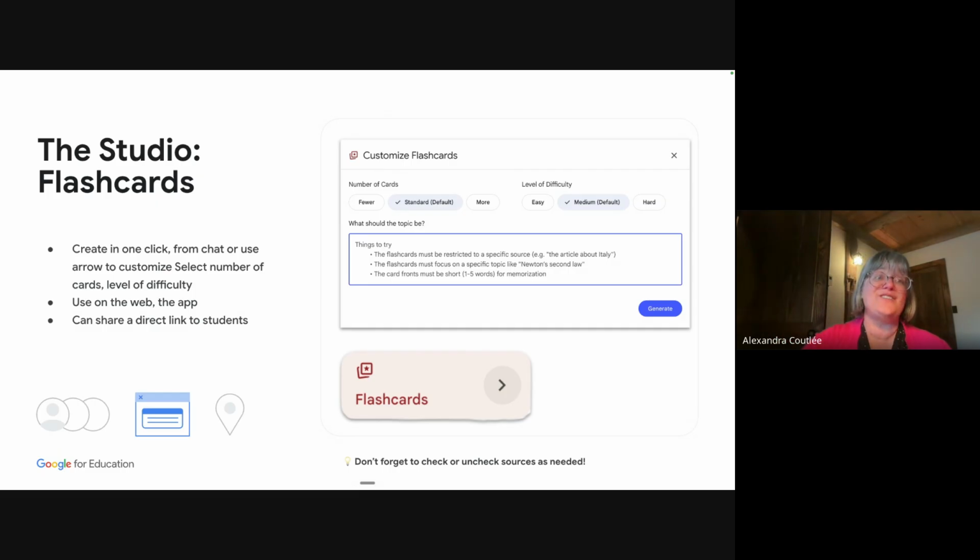This next one, the flashcards, is pretty neat. I'll go quickly, but I want to show you how to really use it and how to show your students to use it as well. Now, flashcard, just like the other ones, I have this arrow. I can customize the level of difficulty. So I've seen a lot of teachers assign week 1, I give the easy ones, and then I go to tougher questions by week 3, for example.